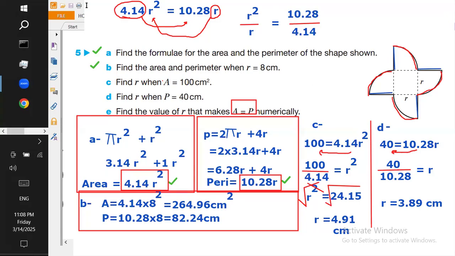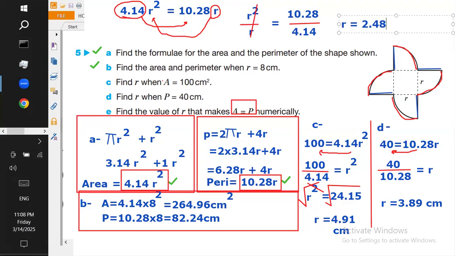The r squared divided by r will give you what? Very good. The square will be removed with the r. I'll end up with r. And then I'll divide these to find the value of r. So r equals 10.28 divided by 4.14. And the answer is 2.48